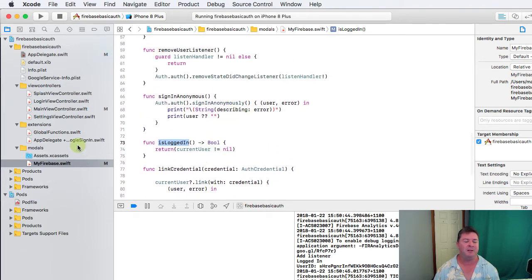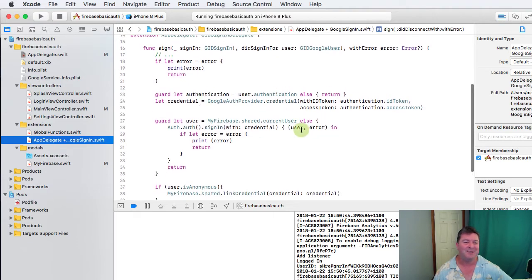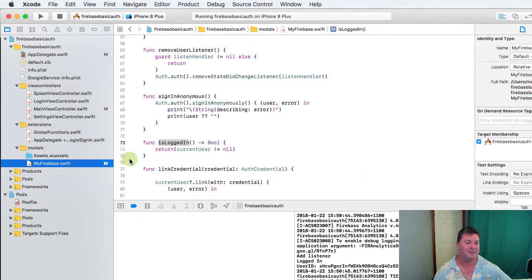It would have been really nice if this delegate didn't have to be here, but we've got login for Google in a different file to Firebase, but there's not much we can do. In fact, there's nothing we can do about that. So let's see what happens on our